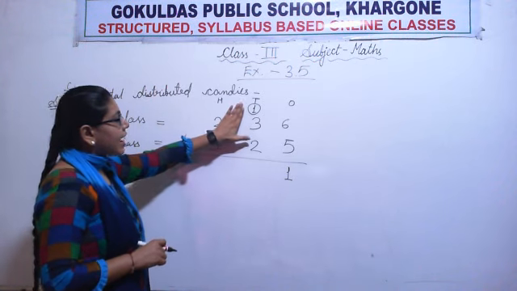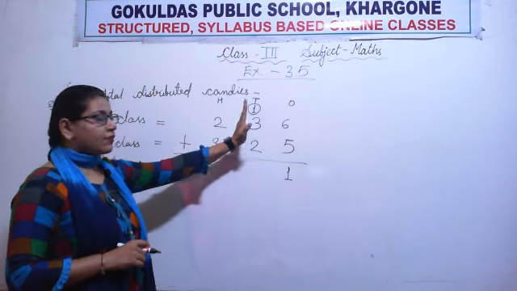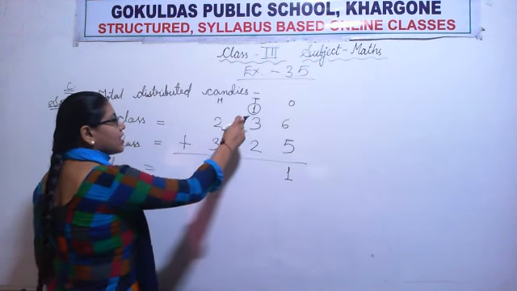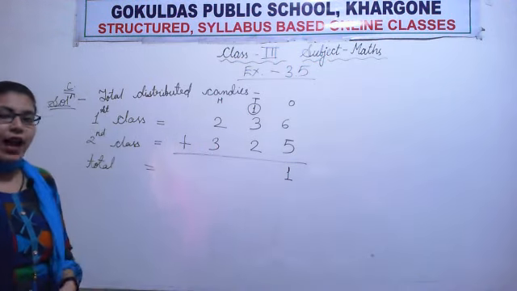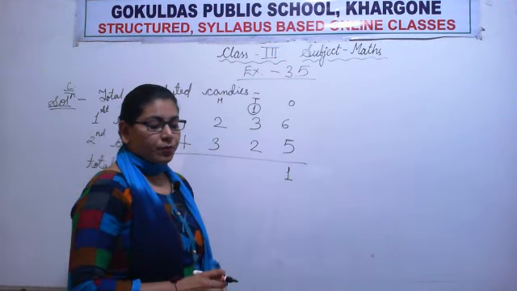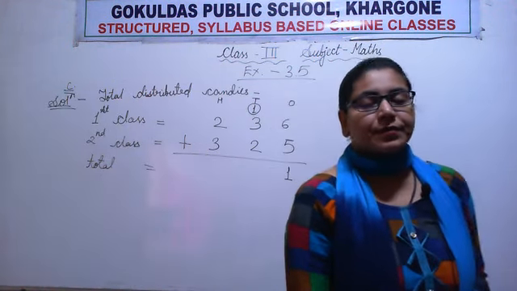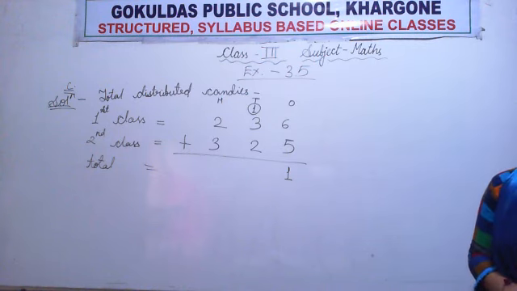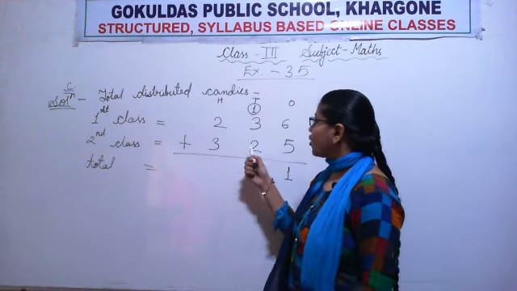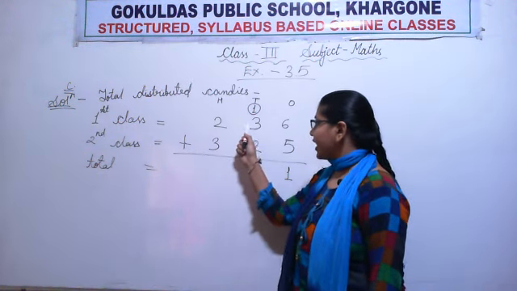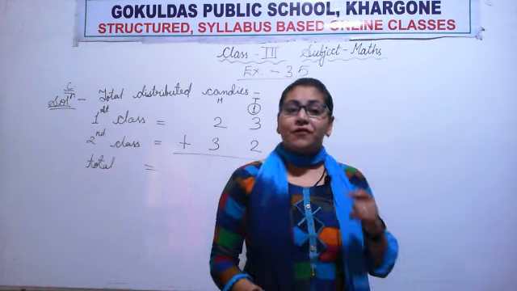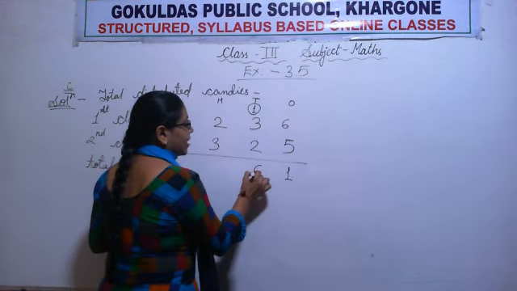Now we are done with the ones column. We'll do the tens column now. 1 plus 3. All of you add 1 and 3. How many? Very good, 4. Now another number is also there, 2. 1 plus 3 is 4, and 4 plus 2 is? Very good, 6. So we will write the number 6.